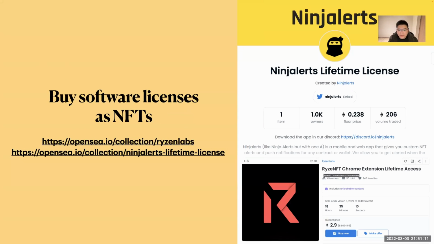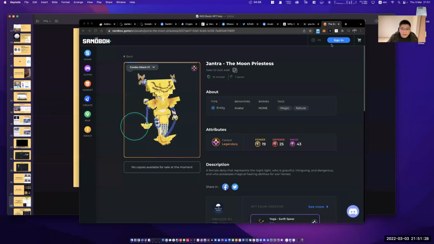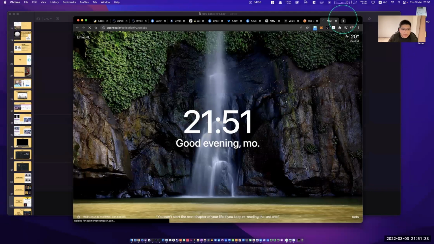Okay, and this one is really interesting. I tried to search for NFT analysis tools, and right now many tools create licenses and earn money in ETH on OpenSea. You can take a look if you are a developer. I think this is a good way, because you don't need to use fiat money to create a license.